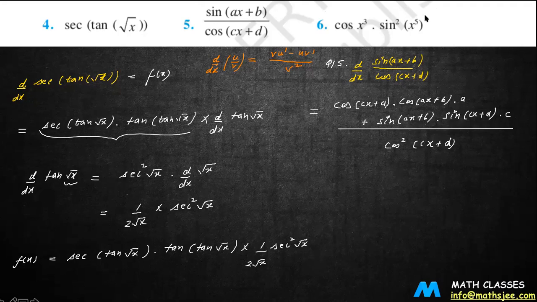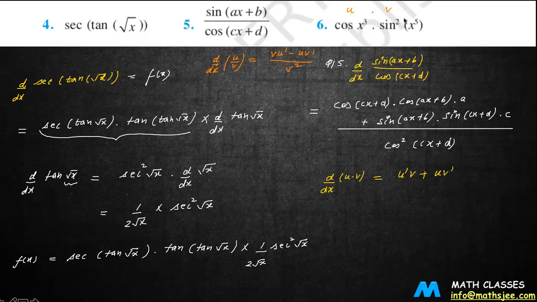So in question number 6, again we have to apply the chain rule, but understand that in this question we have u, this is u, and this is v, u into v. For those who don't know, I'll just write down how to write the derivative. The derivative will be: the derivative of u with v constant, plus u constant and then the derivative of v, right? Same thing you will have to do here.